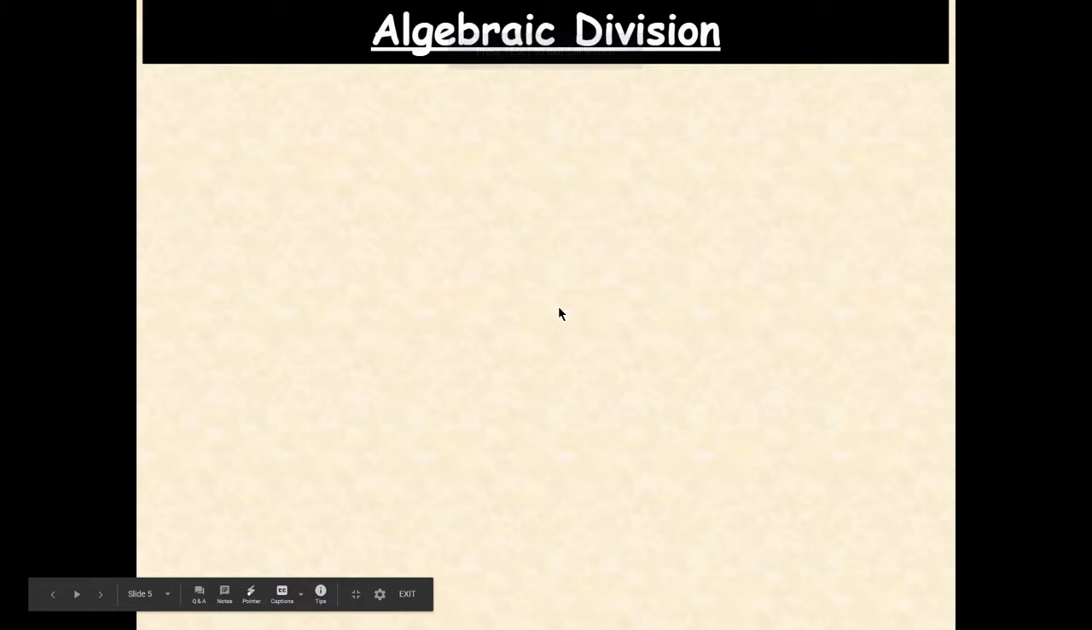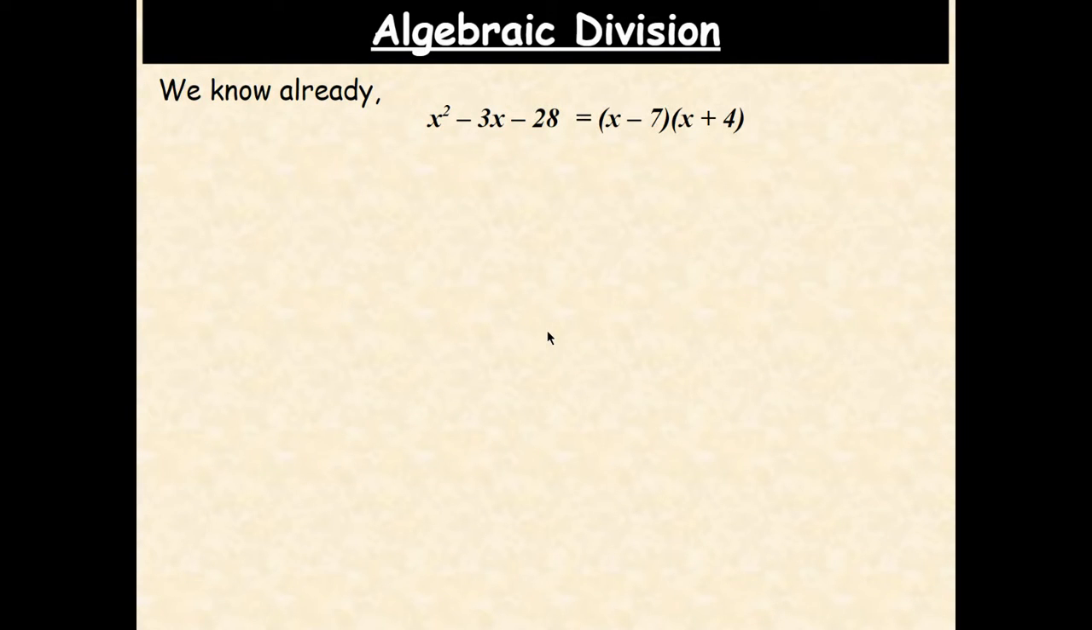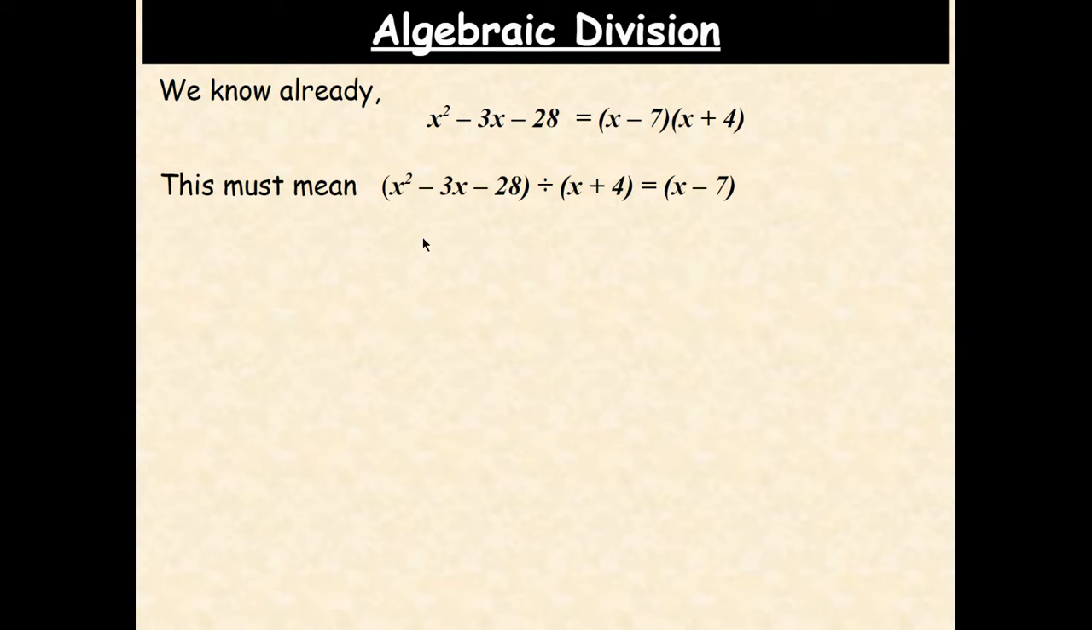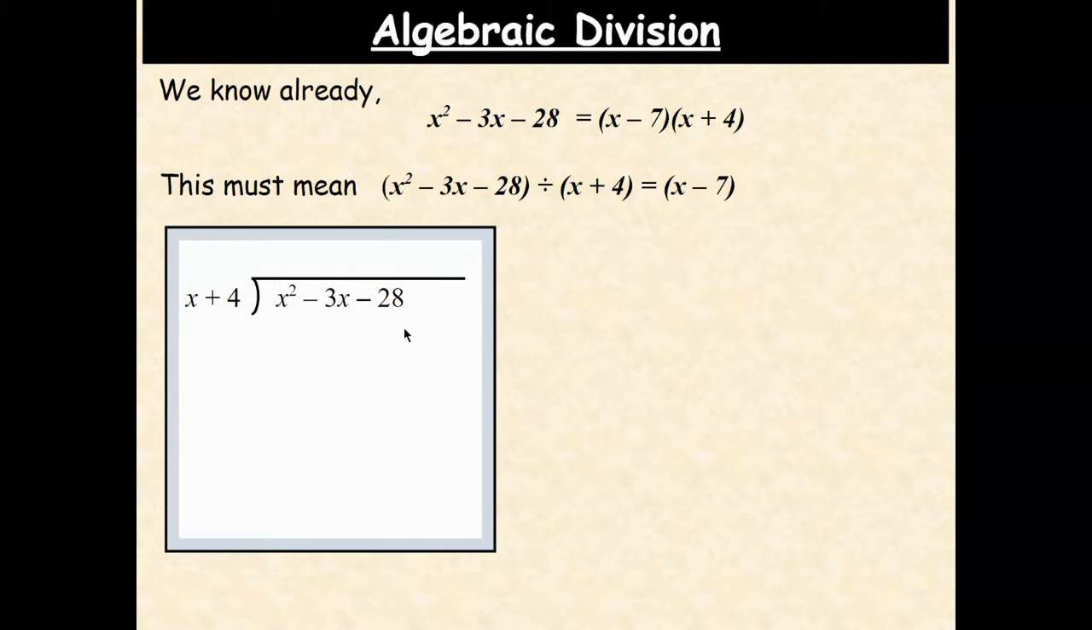So, potential Advanced Higher pupils, you're ready to try some algebraic division. We already know by factorising that x squared minus 3x minus 28 is (x minus 7)(x plus 4). So we know then that x squared minus 3x minus 28 divided by x plus 4 is x minus 7. If we look at that as a division with our bus stop, this is how we proceed with algebraic